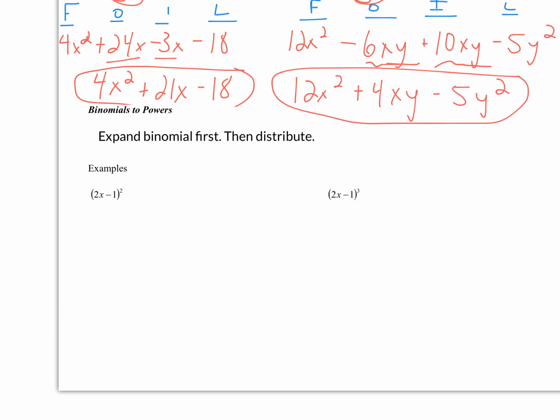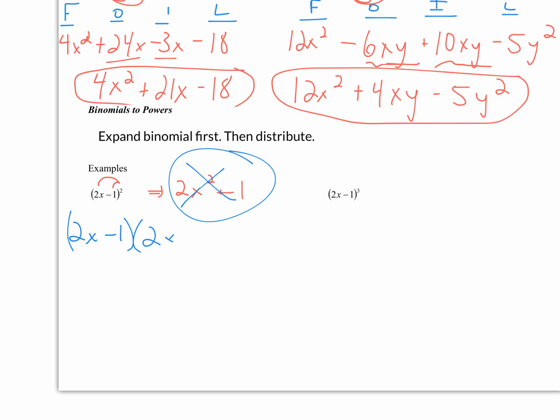It's really important, and don't write this one down because I'm going to show you what's common but what isn't the same thing. It's really important that we don't distribute this squared. If I distributed that squared, I would get 2x squared and then negative 1 squared is plus 1. I want you to see that that's not the same thing. If I take something squared, it is the same thing as saying, I'm taking 2x minus 1 and I'm going to multiply it by itself one time, or 2 times, excuse me, because it's squared. I'm going to take 2x minus 1 times 2x minus 1,